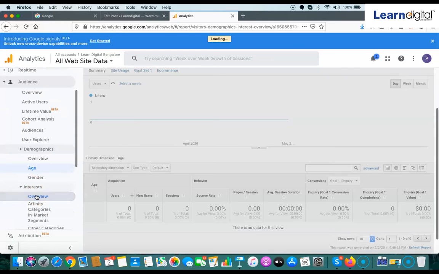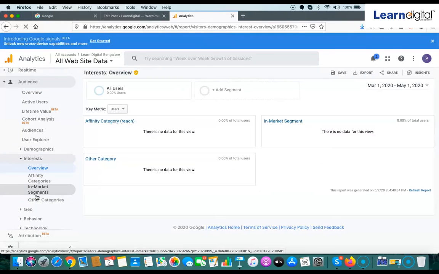And you can also check what types of people are visiting your website. Since Google knows all the information about users, because everybody is using a Gmail ID, they know our interests, whether we are interested in technology or in travel. So in this section, Google will show you what types of people are visiting your site mostly, whether they are techies, foodies, or travel lovers.